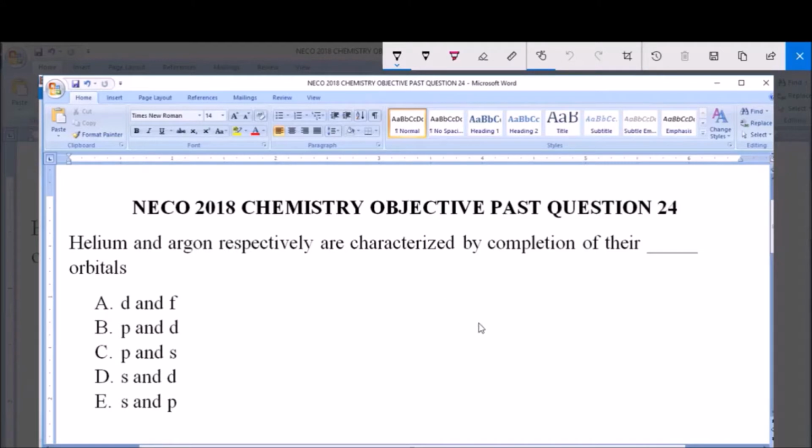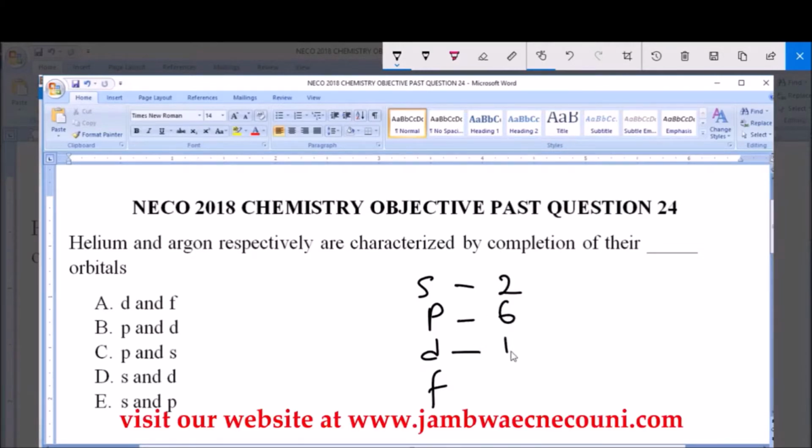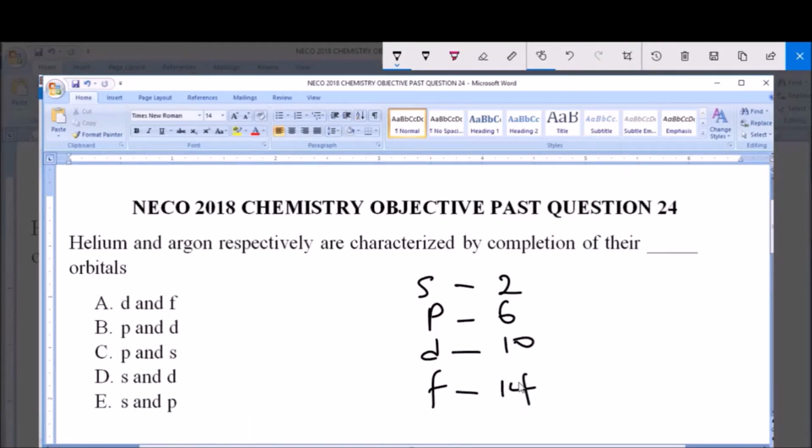Now, like we know, we have 4 orbitals, which are the S, P, D, F. S can contain a maximum of 2 electrons, P a maximum of 6 electrons, D a maximum of 10 electrons, and F will take a maximum of 14 electrons. Now,